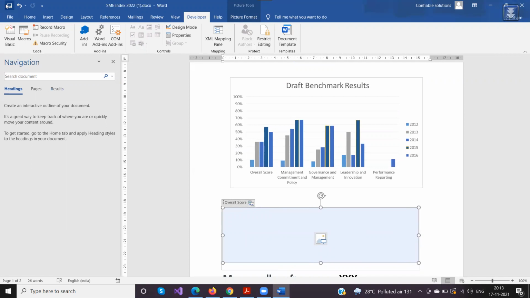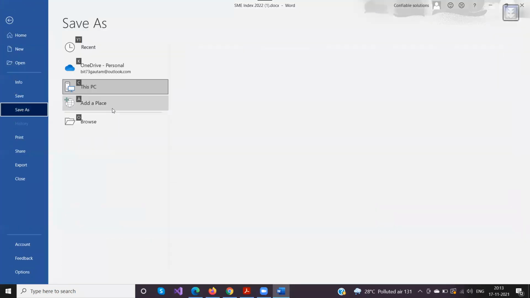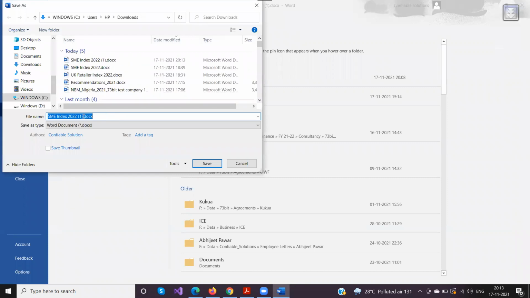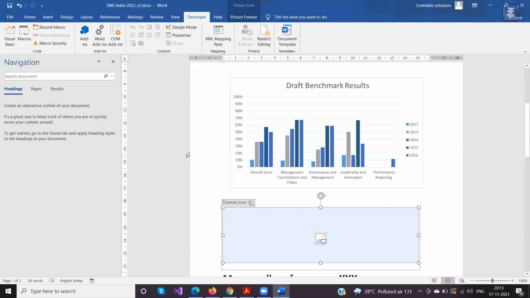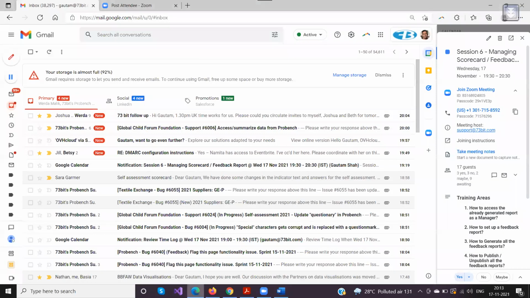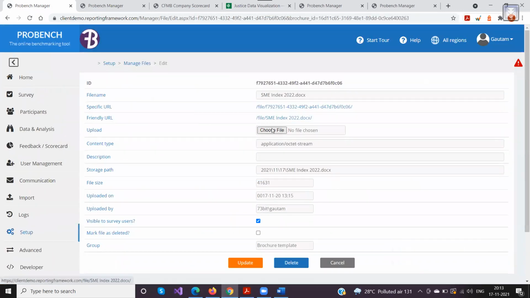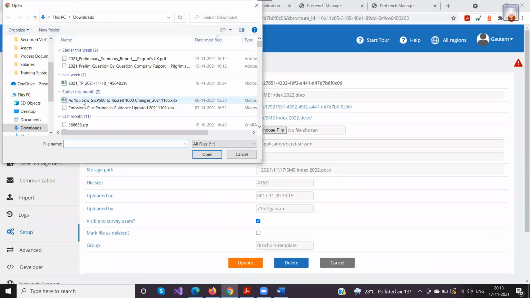Now I have selected this, let me save as, and I'll select here underscore v2. So this is version 2. I click on save. So now this is completely different. I'll go to edit, and I choose the file.